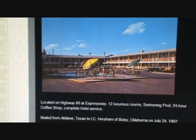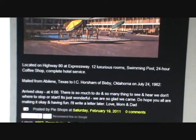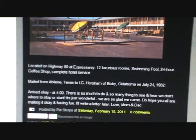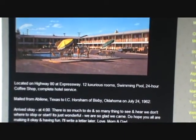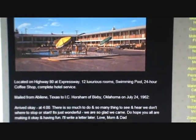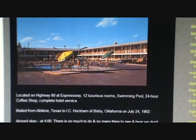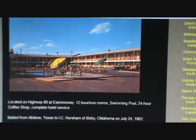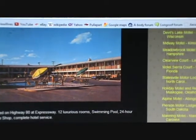Now, unfortunately, I cannot locate this one. It says it's located on Highway 80 at Expressway, which obviously is the interstate. Twelve luxurious rooms, swimming pool, 24-hour coffee shop, complete hotel service. I don't know about that 12 rooms deal. That looks like a lot more than 12. So either that's the wrong picture or they've got something